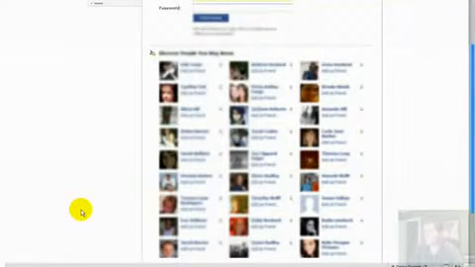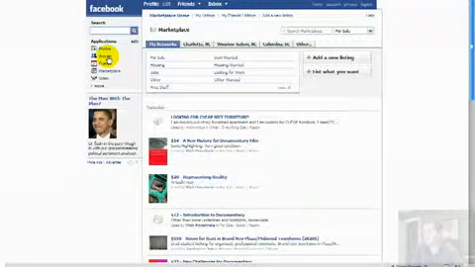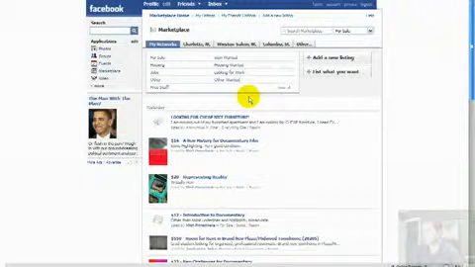Another thing that happens is you can actually build relationships with other people, because what happens is it says discover people that you may know. So these are people that I may know based on the fact that I know people that know them. And so it's a way to actually build bridges to other people as well. You can also keep track of events, join groups, network with people, buy things, all kinds of different things you can do. And with all the third-party applications that integrate with Facebook, the possibilities are really endless.